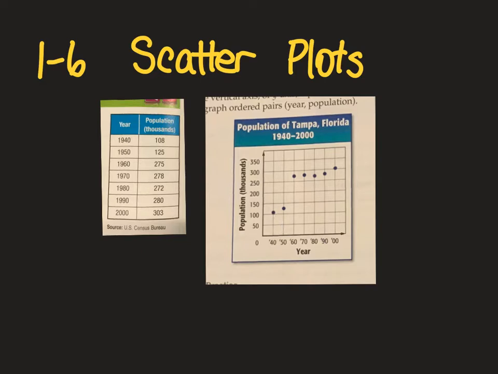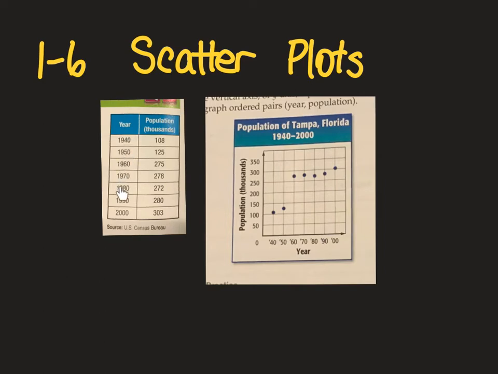This dot right here represents 40 and a little bit over 100. Let's look at that, 1940 and 108. The title says Population of Tampa, Florida, 1940 to 2000. So in 1940, Tampa had 108,000 people, population in the thousands, 108. So 1940, we have a dot right here. This dot for 1950 is 125,